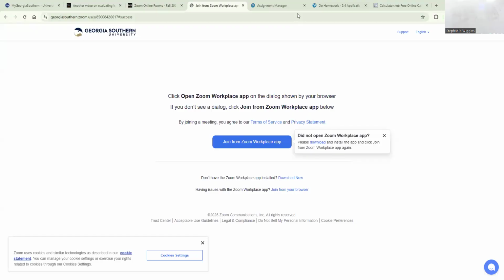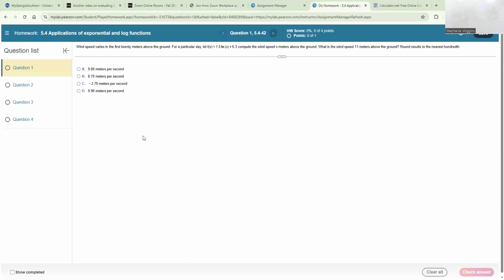Okay, I'm going to work through some application problems. So let me share my screen. These are taken from your homework, so it's not actually a homework assignment, but an excerpt from that homework assignment. So what we have here is in question 1, wind speed varies in the first 20 meters